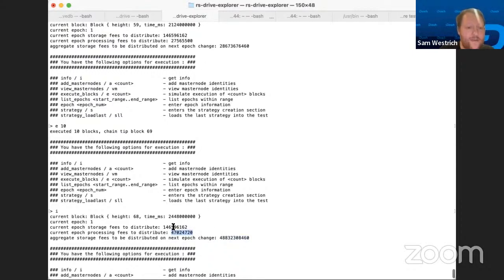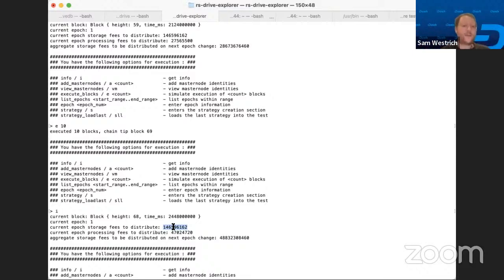The reason why the storage fees to distribute have not gone up is because we're actually still on the same epoch. So basically the way it works is, as state transitions come in, they get added to the aggregate storage fees for that epoch. And then at the end of the epoch, they get distributed to the next 1,000 epochs.